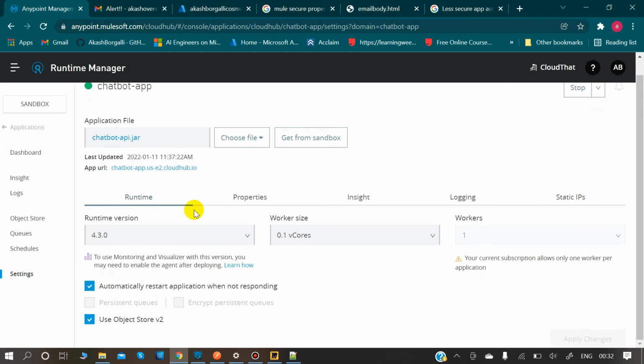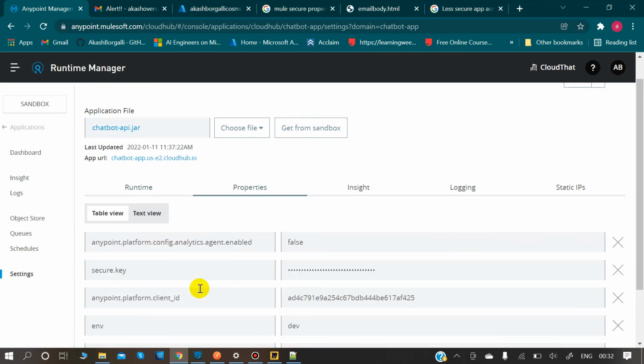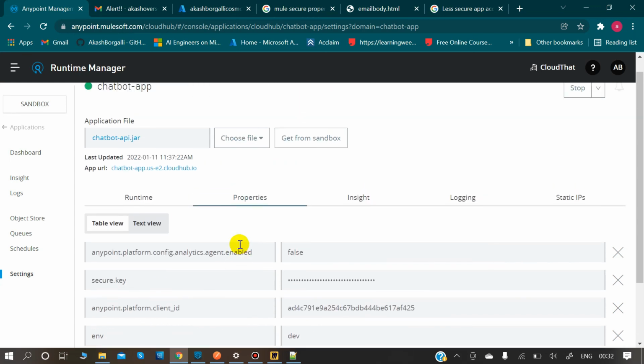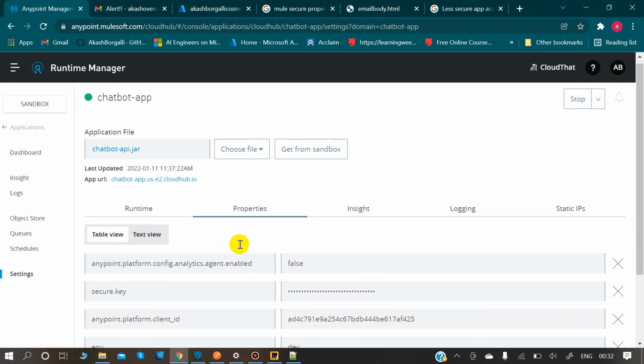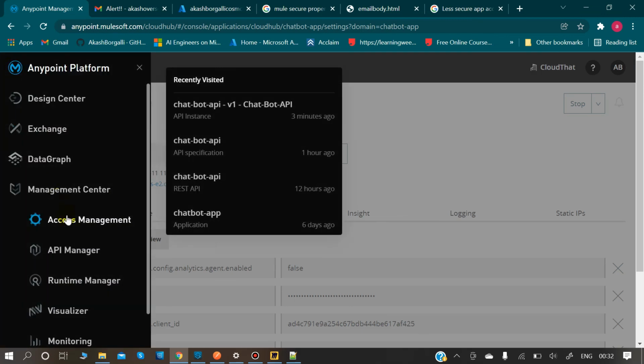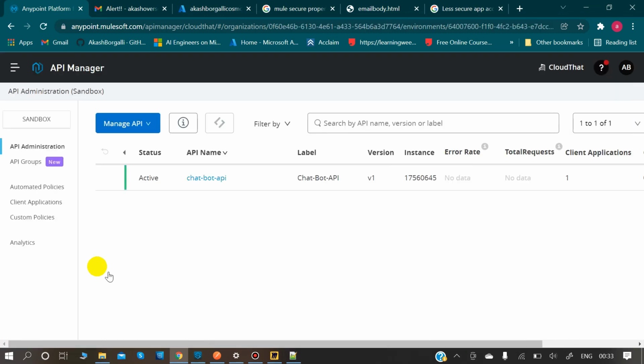In the property section you have to mention the secure key, anypoint platform dot client id that we saw. Here you would paste that client id and client secret, and this way your application would be in sync with the runtime manager as well as API manager, as you can see. Now in this API manager we would be doing client enforcement policies.